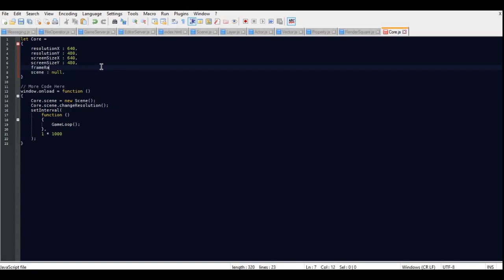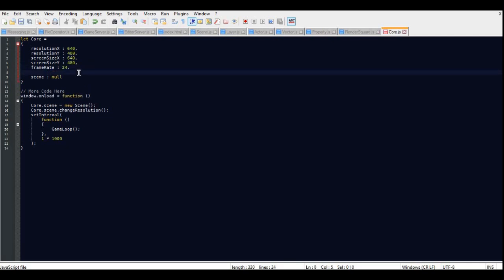So now I want to also do the frame rate as 24, because I want it on an unusual number. So how this is going to work is putting 24 here, then we need to use... I don't know if it's going to let me access it before it should do, but